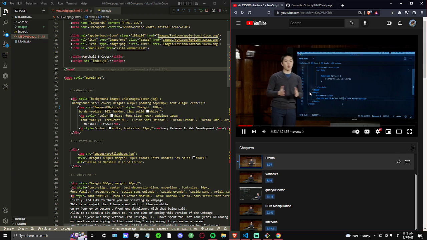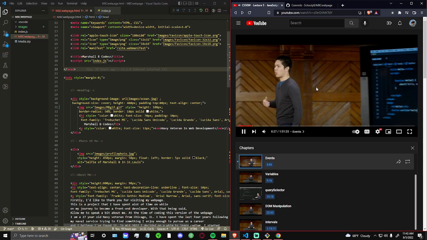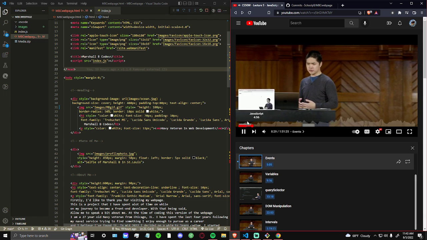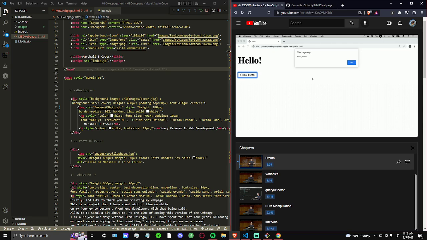the hello function do? Well, when the function is called, I'm going to display an alert that says hello world. So now we should be able to refresh the page. We still see the same thing, at least initially, where it just says hello and a button that tells me to click here. But now, if I go ahead and click the button that says click here, well, then I get the alert that says this page says hello world. And this event handler is always going to work. I click the button again, and I get the alert a second time, because every time I click the button, it's going to call the hello function again, and when I click the hello function runs,